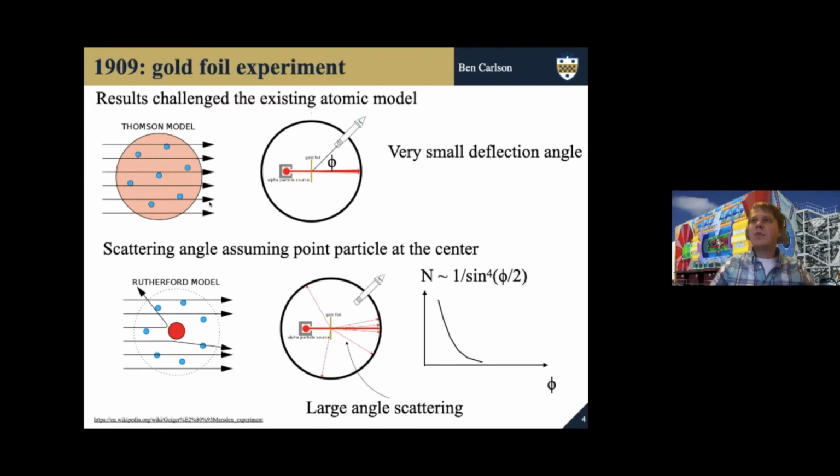And if this was correct, what you would expect to see is these particles going through. And for the most part, they just kind of have small deflection angles, and you would observe lots of counts on one part of the screen. But what they figured out, what Rutherford and colleagues figured out, is that actually rarely you would see a count from an alpha particle that bounced back with a large deflection angle. And this tells you that there's actually a nucleus at the center of the